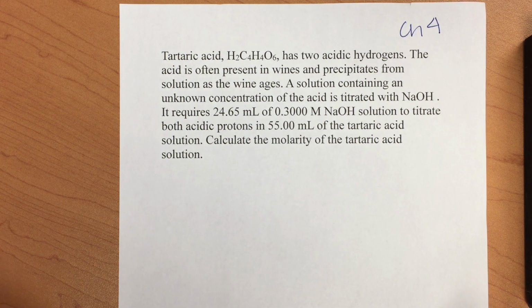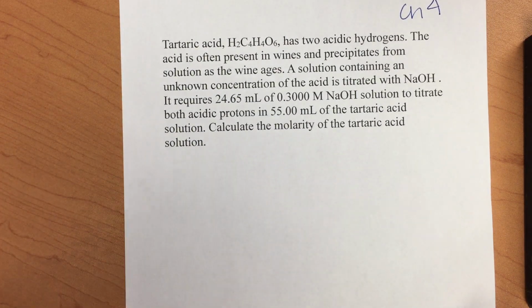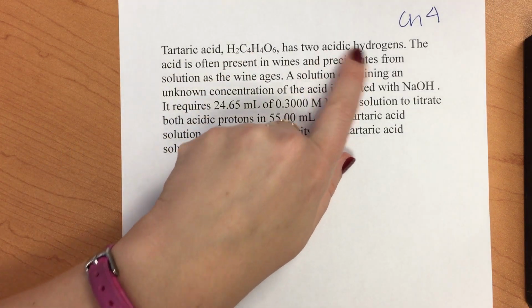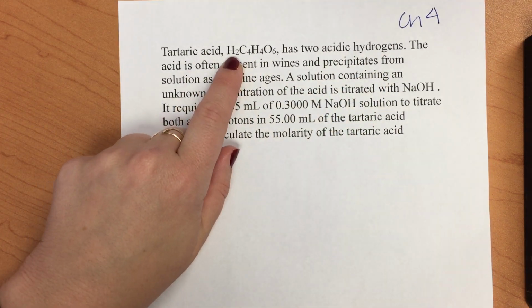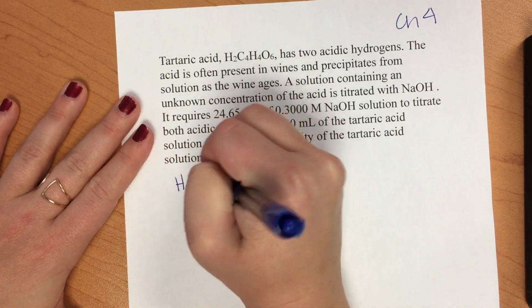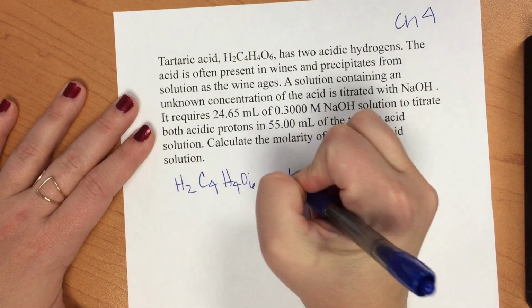Okay, so this is a titration equation, and so the first thing we want to do is start with the balanced chemical equation. Even though we're not entirely certain, the problem tells us there are 2 acidic hydrogens, which are these first 2. So we have H2C4H4O6, plus NaOH